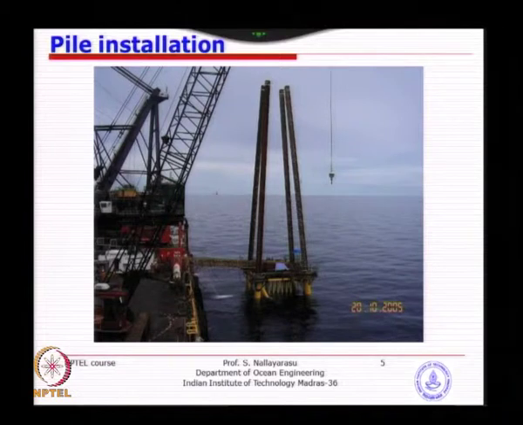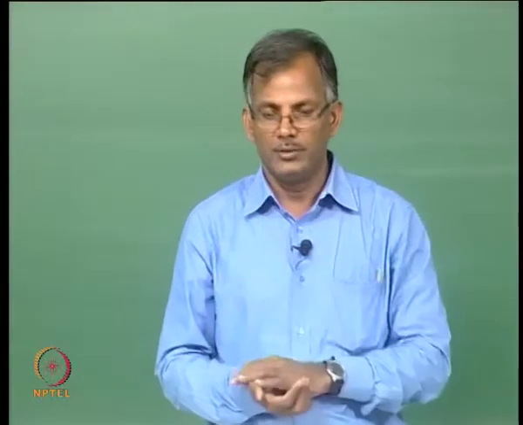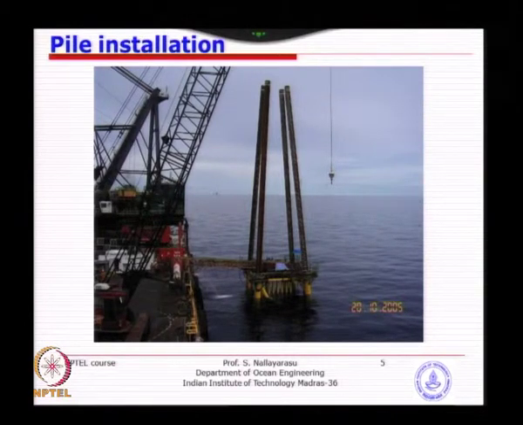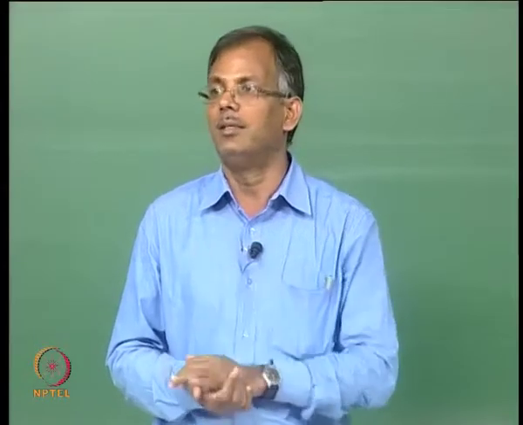So, instead of placing it on the deck, this is what has actually happened now. The whole weight of all the 4 piles needs to be supported on the jacket. Now, what will happen? See, this is quite high, almost one more depth of the jacket, or length of the jacket. So unless the stability of the system is designed properly, the whole jacket will fall down. In fact, at this moment it is like this, the next moment it will disappear into water, because the design was not done properly.